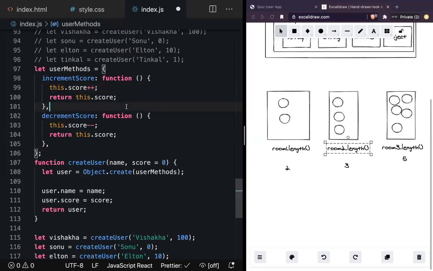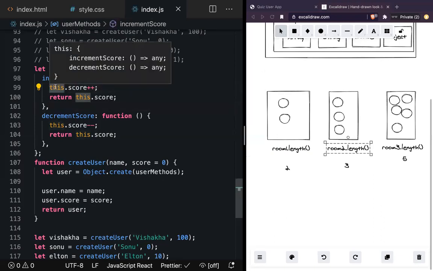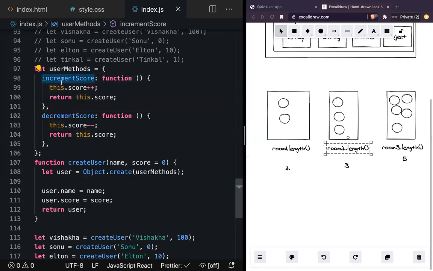Now try to understand why, and we'll come back to this example. What I did is I just replaced this with this. Why I replaced it is because think about when I'm doing Sonu.incrementScore, I want you to point at which object? Sonu. When I'm calling Visakha.decrementScore, I want you to point at which object?